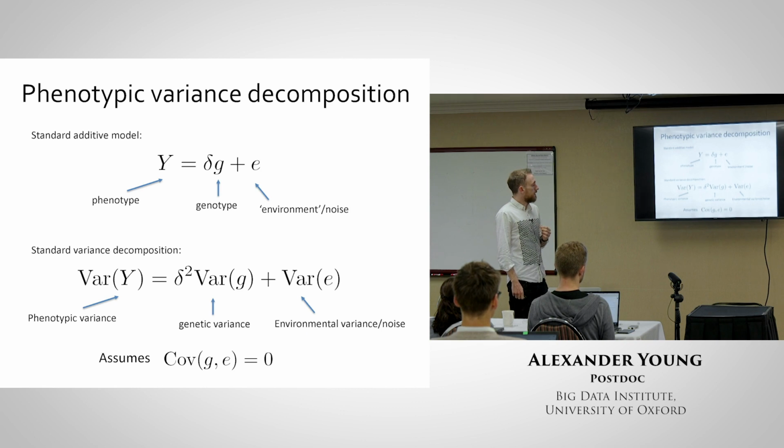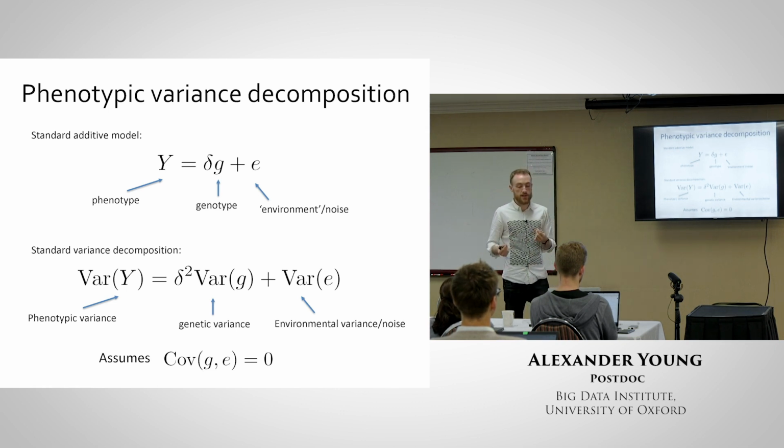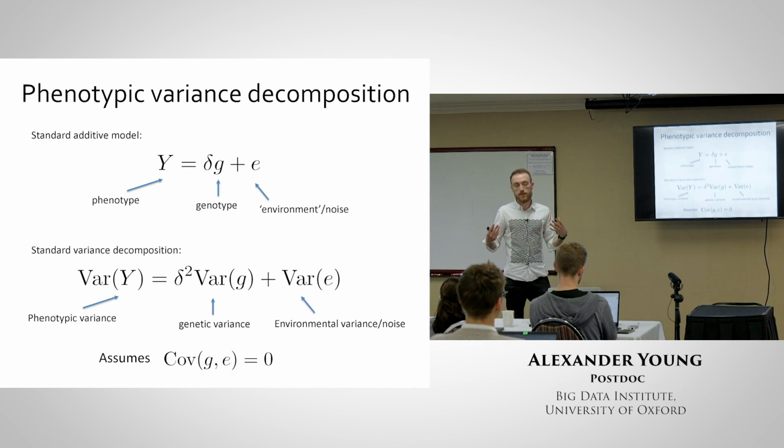So when genes and environment are correlated, the standard way of decomposing trait variation or modeling a quantitative trait is missing some of the story, in my opinion. So the standard additive model, you'd have a phenotype determined by some direct effect of a genetic variant and then an environmental variable, and then you assume that they're uncorrelated, or you define the genetic effect to be the regression of the phenotype onto the genotype, and then the environment is everything that's orthogonal to that.